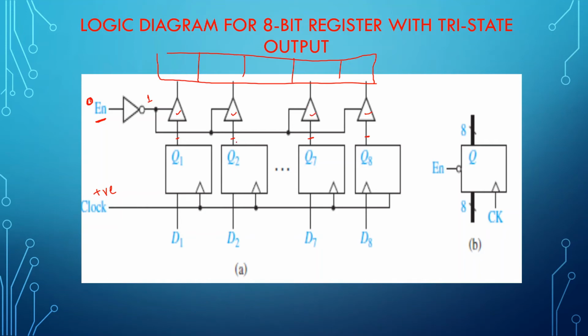So that the data that was present at the output of this particular flip-flop, or in turn I call it a register, will flow to the next register. So if I call it register R1, I can call this register R2. Register R1 is made up of 8 flip-flops. Register R2 is also made up of 8 flip-flops. So normally the transfer of data between the registers is facilitated by connecting a tri-state buffer intermediate to two registers, and the tri-state buffer is controlled with the help of an enable signal.